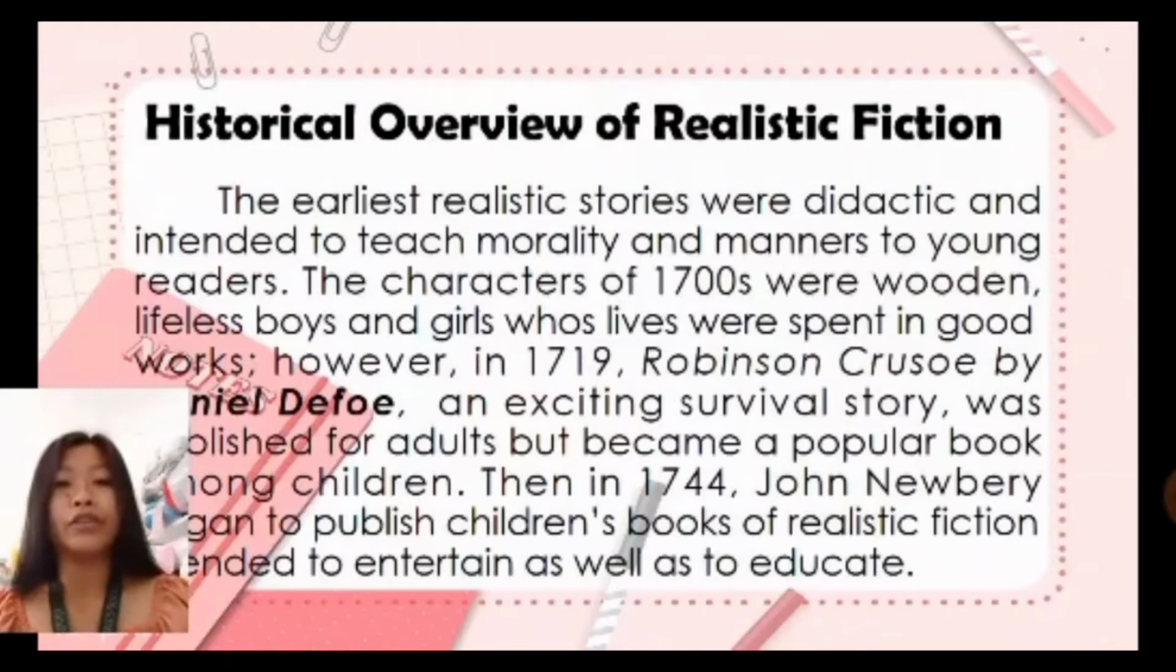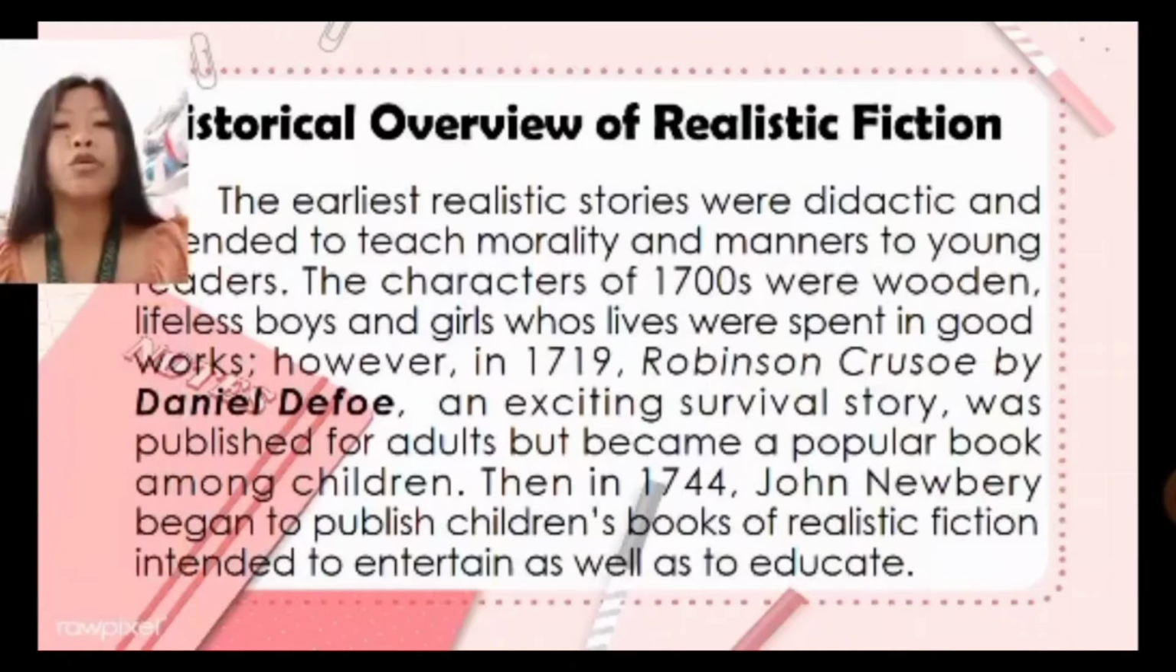Historical overview of realistic fiction. The earliest realistic stories were didactic and intended to teach morality and manners to young readers. The characters of the 1700s were wooden, lifeless boys and girls whose lives were spent doing good works. However, in 1719, Robinson Crusoe by Daniel Defoe, an exciting survival story, was published for adults but became a popular